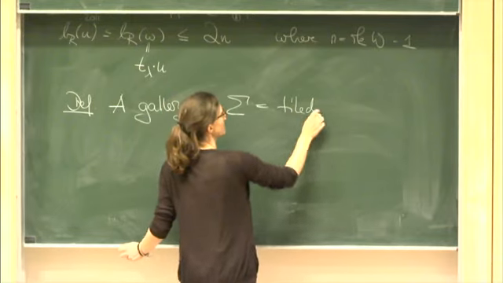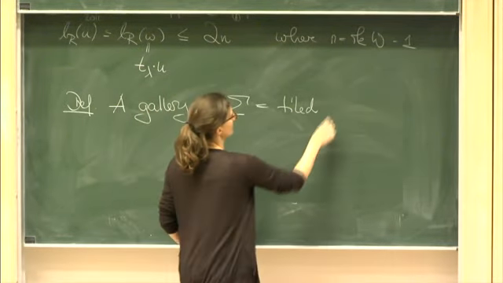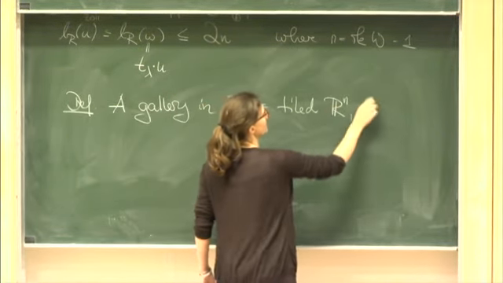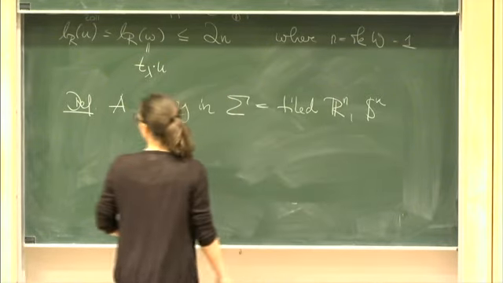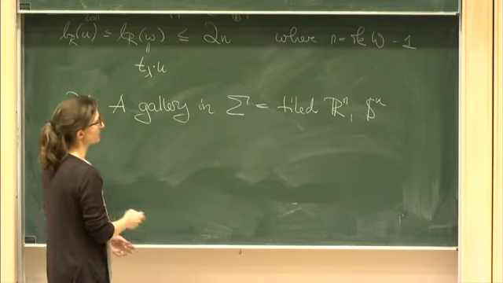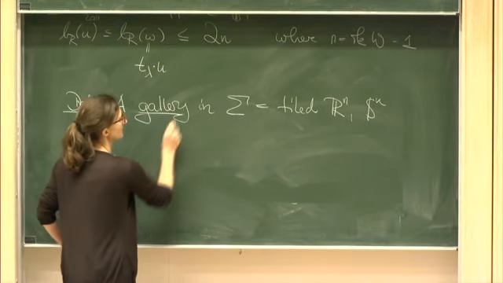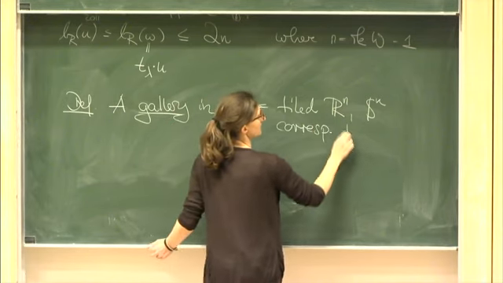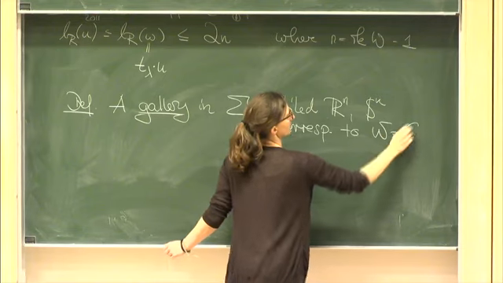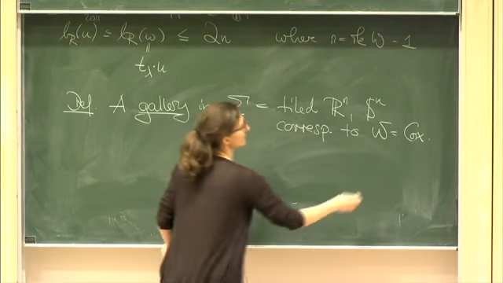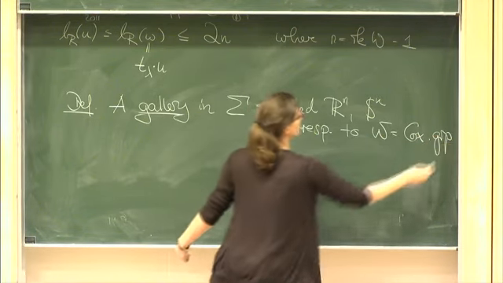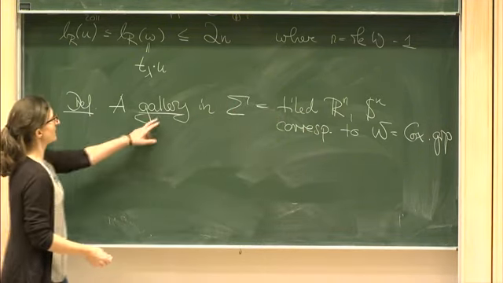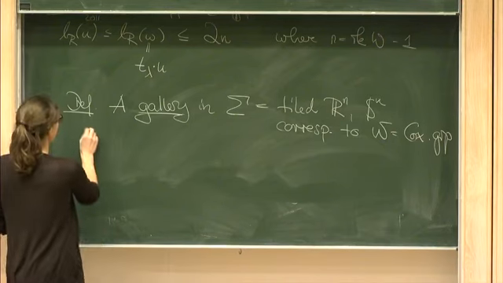So you take your tiled R^n or S^n, so the space your Coxeter group acts on, so you have W fixed. It comes with this tiling. And the gallery in this tiling,